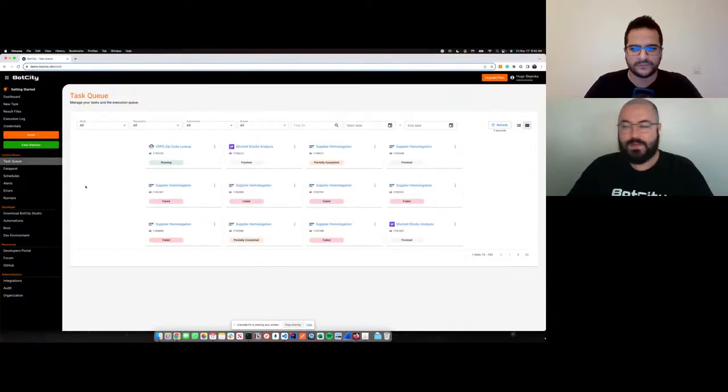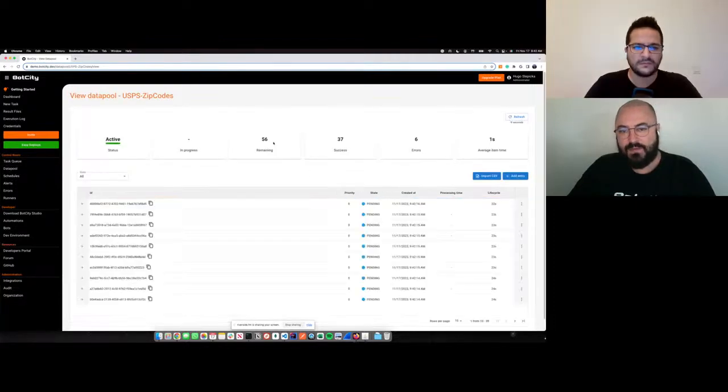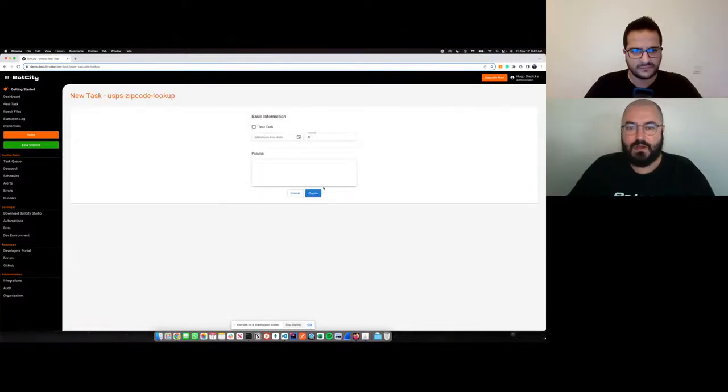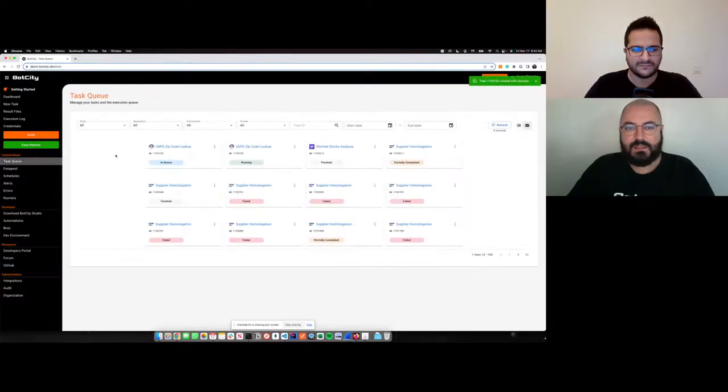So what is a very nice feature that we have from the data pool that we don't necessarily get from using a local spreadsheet file or anything like that, right? So here I have my USPS zip code lookup automation, and my data pool is processing all those items that I have here. So I have 56 items remaining. So now with BotCity, I can just simply create more tasks of the same automation and start parallelizing the consumption